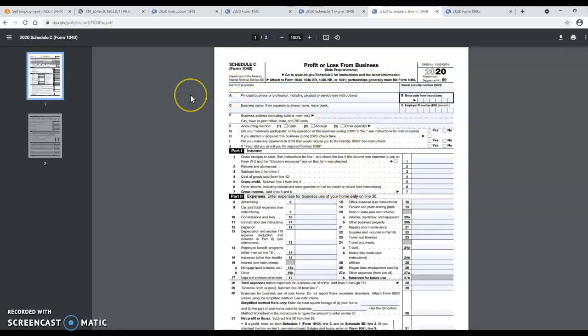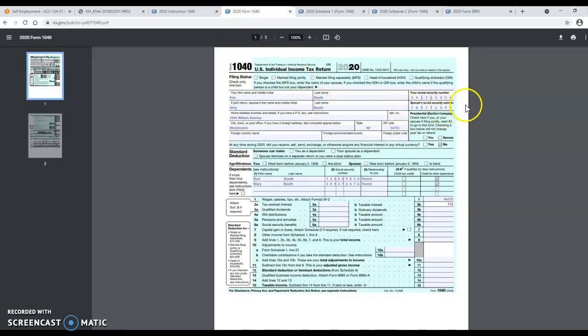Okay, so the name of the proprietor is the actual name, not as shown on 1040 like some other schedules are, but the name of the individual who is actually running this business. So that's Amy. Even though she was listed second on the tax return, she's the only one running this business. This is going to go under her Social Security number into the Social Security and Medicare system for when Amy retires in the future. Okay, so Amy Booth, and Amy's Social Security number,